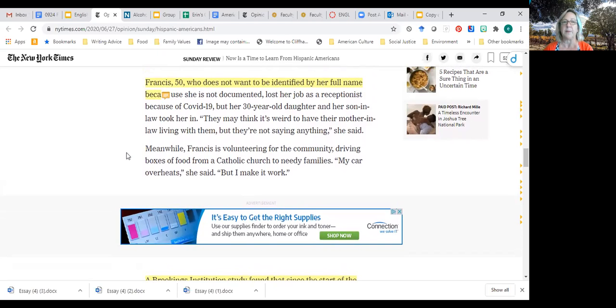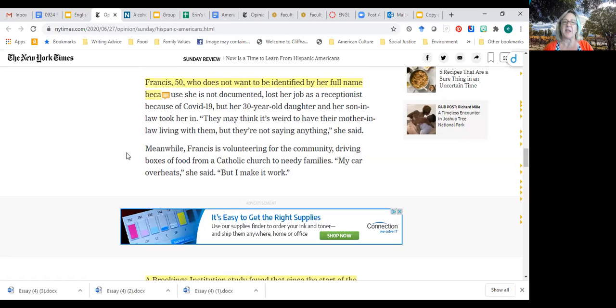Their resilience. They're resilient. They don't let a problem get them down. What else is he claiming about undocumented immigrants? Ezekiel? That they're not bad people who are breaking the law. They're people who love their community and do a lot of things. Frances was talking about how she's sacrificing herself to be in an overheating car just to provide relief to needy families. So it shows a self-sacrifice right there in Latin communities. Thank you. That's really good.